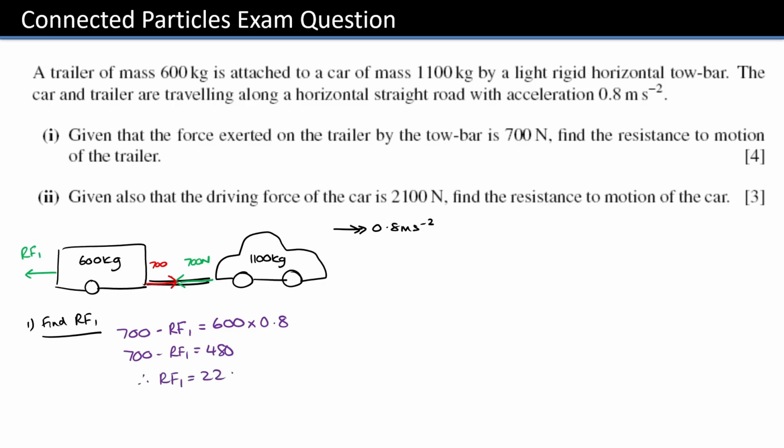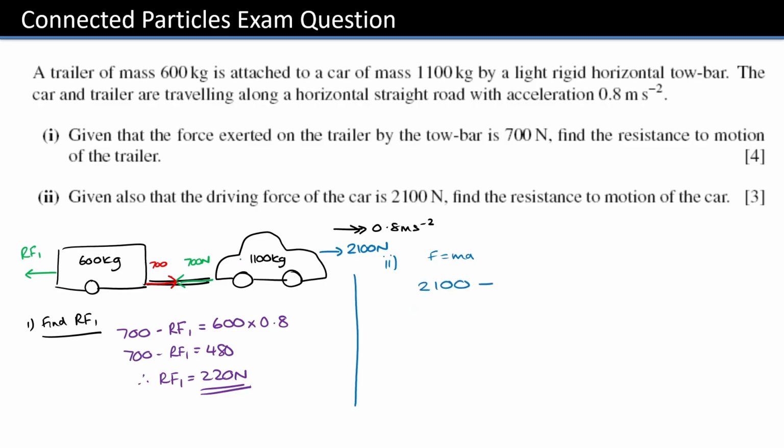of 220 newtons. Then for part 2, it says, given also that the driving force of the car is 2,100 newtons, find the resistance of motion of the car. So for this, if I just write part 2, the new information that I know is that this force here is 2,100. So using the same formula of F equals ma, I've got the force acting with acceleration, which is 2,100,